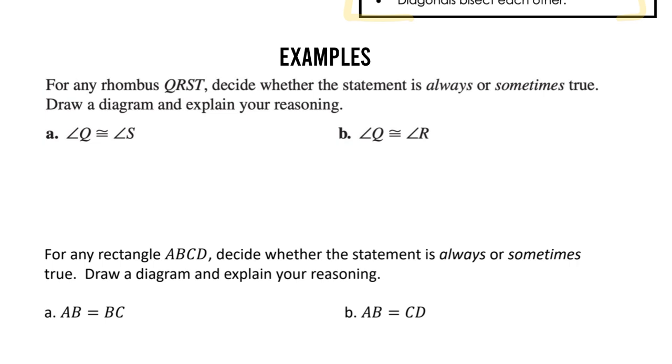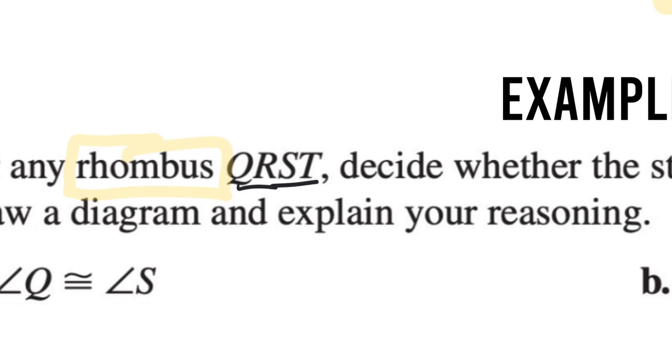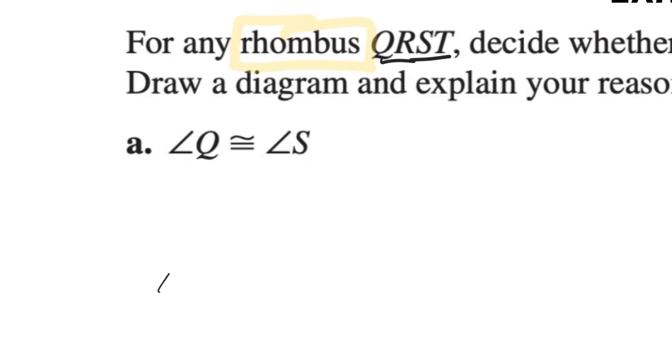Okay, so in these first examples, we are just going to decide whether this statement is always true or sometimes true. And this is specifically about a rhombus. So for any rhombus QRST, decide whether the statement is always or sometimes true. So it's helpful to draw a diagram for this. So because of the way it's named, QRST, you just want to make sure you label your diagram in that order. It doesn't really matter where you start from. You just have to go in like a clockwise order. So